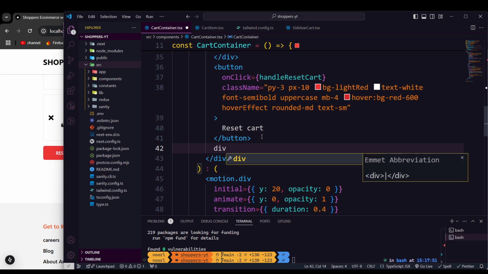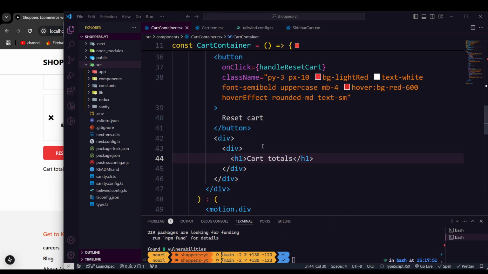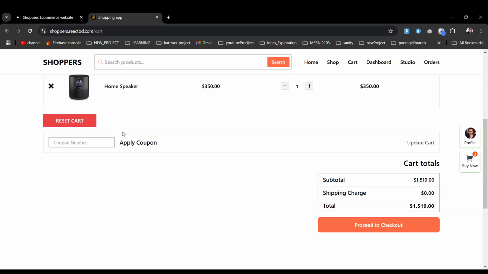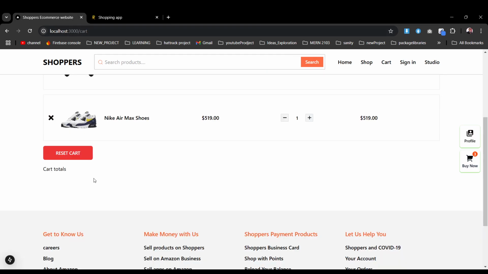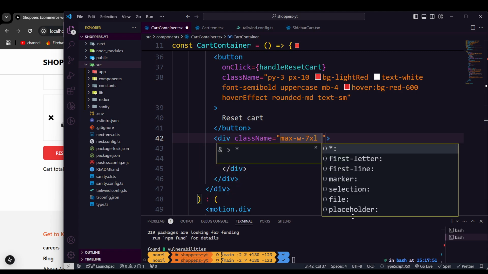So I'm gonna just grab a div here. Within the div, I'm gonna take another div and then put an h1 tag, which should be cart totals. So here we're gonna define the cart totals. In this scenario, it's on this side. You can keep it at this side, you can keep it at this side, it just depends on you. So let's put some class name, which should be max width of 7xl, and then we will also make that one